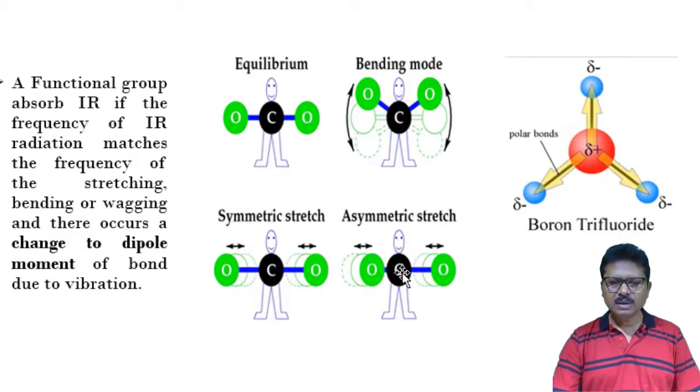Now here for a particular moment, this oxygen is moving in the rightward direction and coming closer to carbon, and at the same time this is going far from the carbon. So if we find the resultant, we will get a particular value. The magnitudes of this vector and this vector are not equal, so we will get a resultant dipole moment. So in the initial position there was no dipole moment, but at this position there is a value, so there is a change of dipole moment.